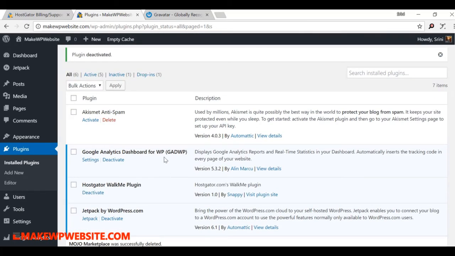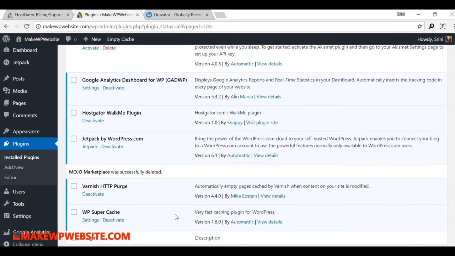So these are the default plugins that you're going to get, right? So we're going to just go ahead and delete them. We're going to delete Jetpack, and one of the reasons people might argue why you wouldn't want to delete Jetpack is that there are so many cool features with it. The one reason I don't prefer Jetpack is that it basically slows down your site, and it adds so many things to your website. Sometimes I am not using so many features, but when my website loads, it loads all the features of Jetpack. So I want my site to be simple and load only what is required. So I will just compromise on some of the features that Jetpack gives me, but I have an alternative for how to use all those features.